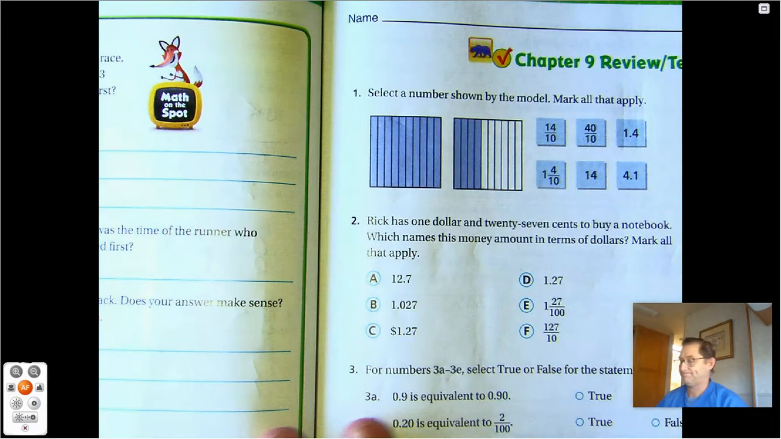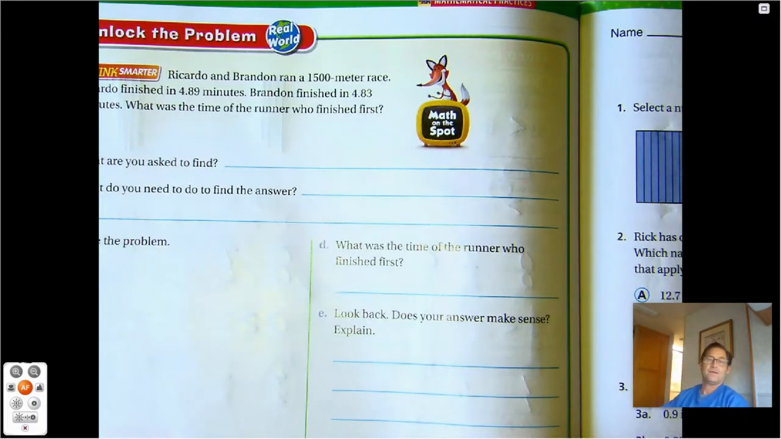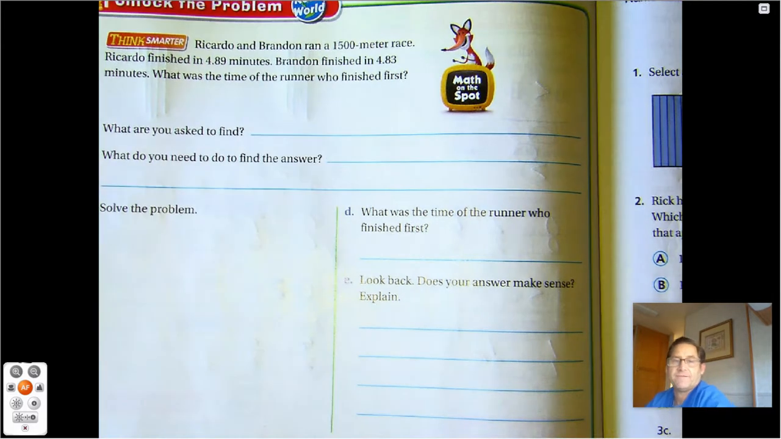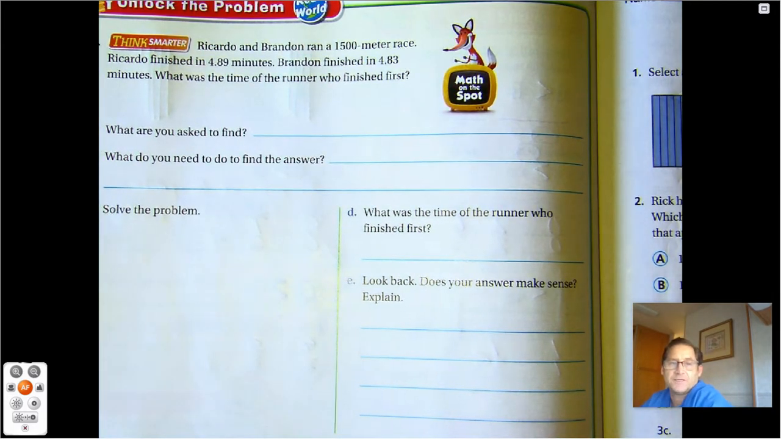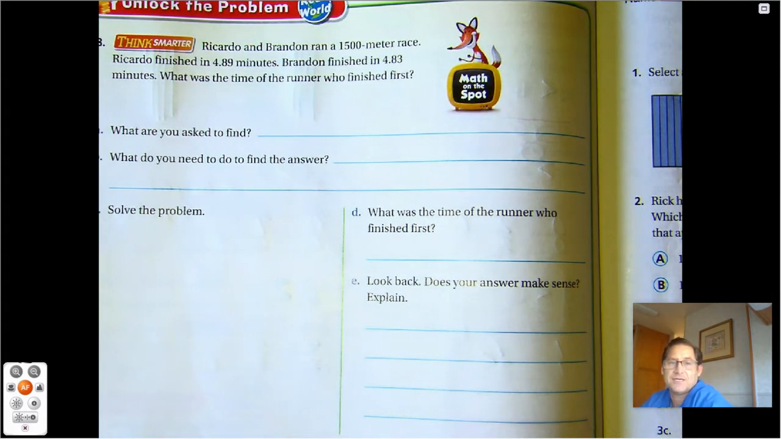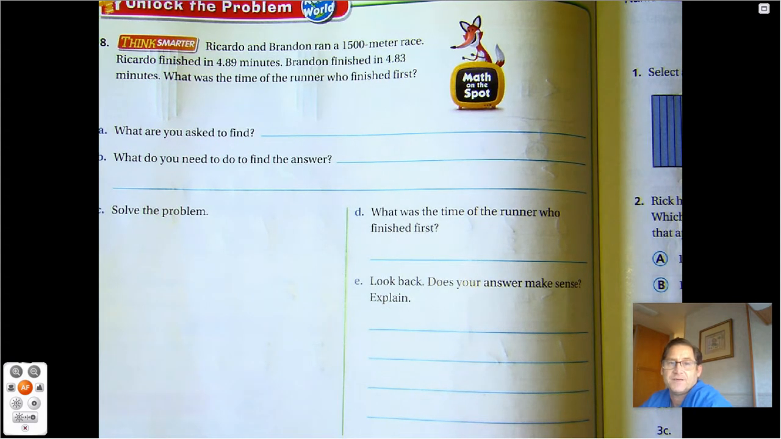Number 18. Ricardo and Brandon ran a 1,500-meter race. Ricardo finished in 4 and 89 hundredths minutes. Brandon finished in 4 and 83 hundredths minutes. What was the time of the runner who finished first? Okay,